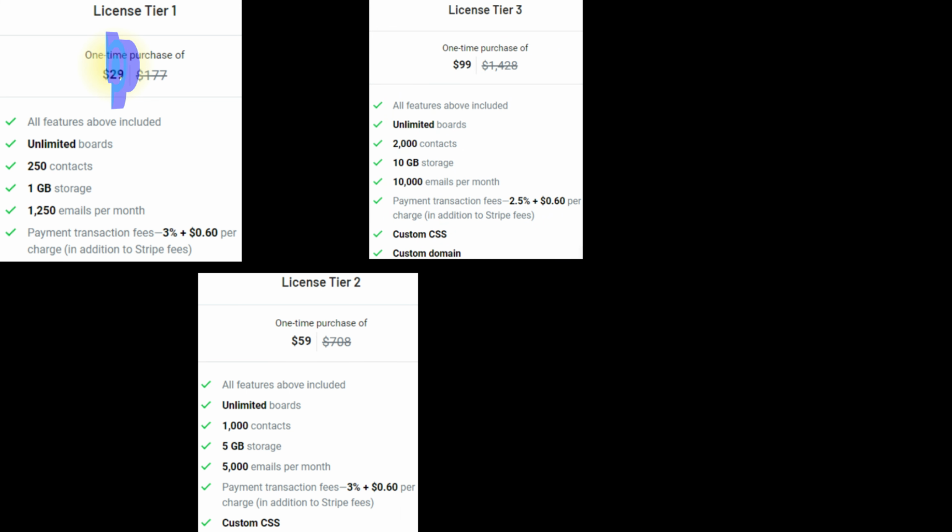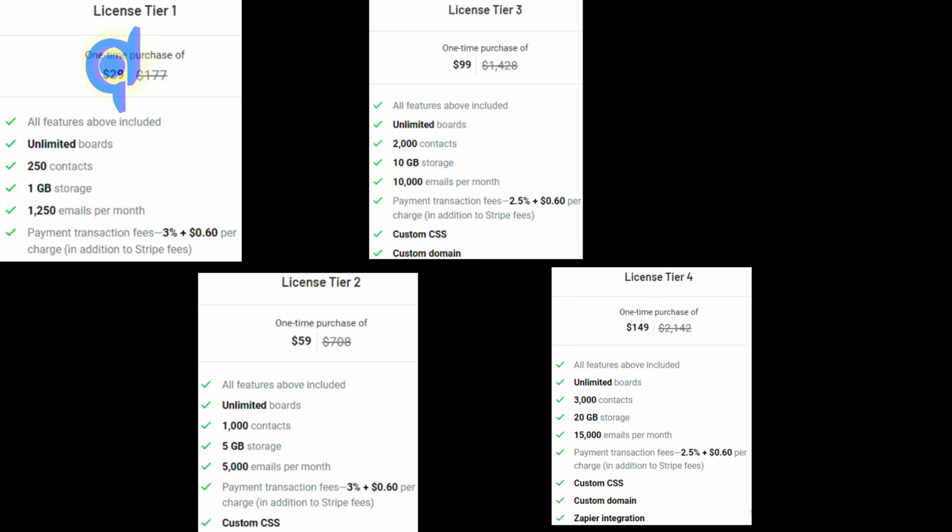License Tier 3: unlimited boards, 2,000 contacts, 10 GB storage, 10,000 emails per month. Payment transaction fees, 2.5% plus 60 cents per charge, in addition to Stripe fees, custom CSS, and custom domain for $99 instead of $1,428. License Tier 4: unlimited boards, 3,000 contacts, 20 GB storage, 15,000 emails per month, payment transaction fees, 2.5% plus 60 cents per charge, in addition to Stripe fees, custom CSS, custom domain, and Zapier integration for $149 instead of